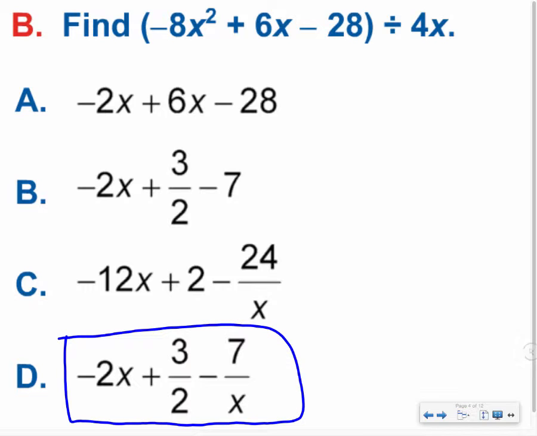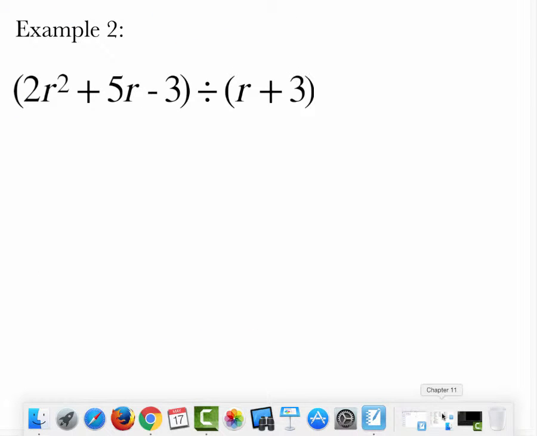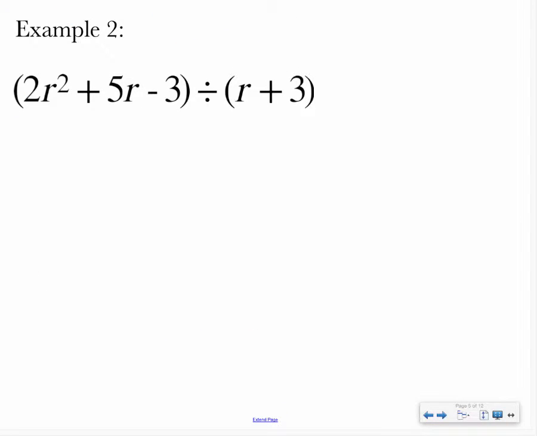If not, be sure to ask either myself or a friend for some help and let's see what happened so we can get you to the right answer. Alright, let's take a look at example 2 and see if we can figure out how to divide by a binomial instead of just a monomial. So divide by two terms instead of one. When you have division by a binomial and then you have quadratic on top, what you want to do is factor that quadratic so we have something in the numerator that matches what's in the denominator, and hopefully we can cancel something out.